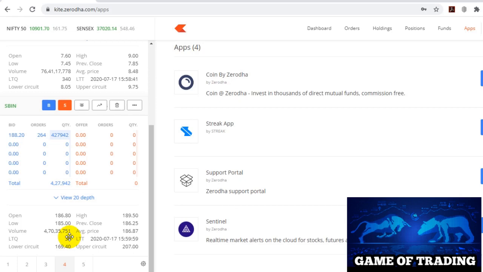35,751 shares per day. Average price traded at 186.87, and last traded quantity is 30, and the last traded time was 2020-07-17 15:59:59. The lower circuit of SBIN is 169.40, and the upper circuit of SBIN is